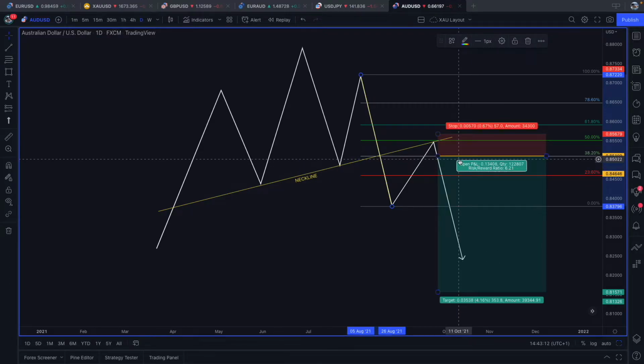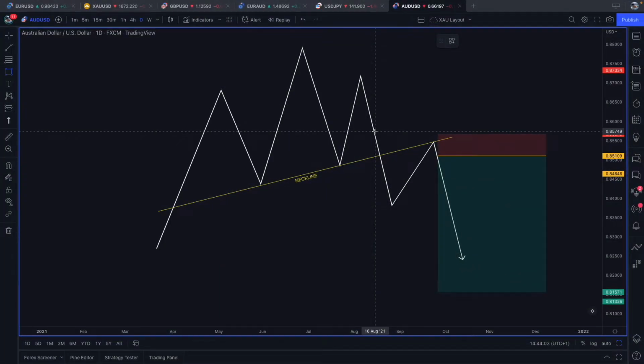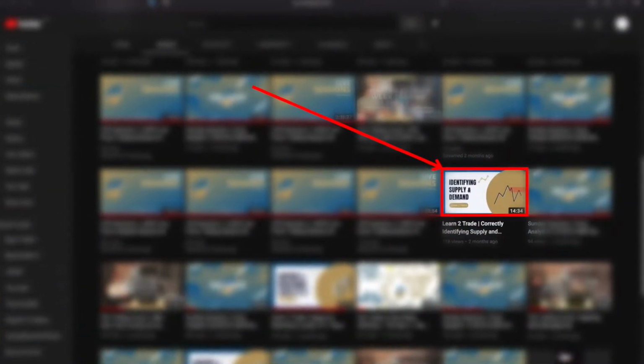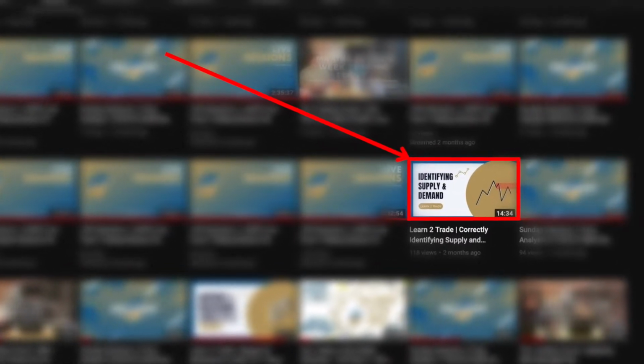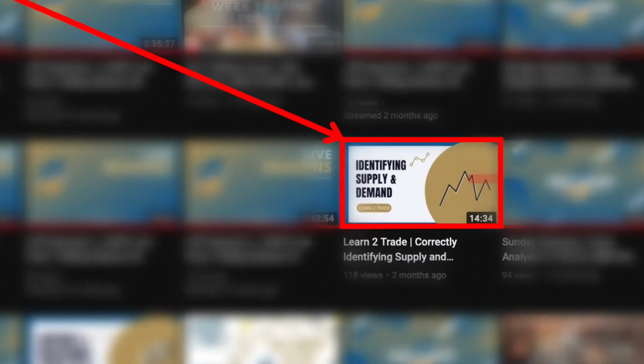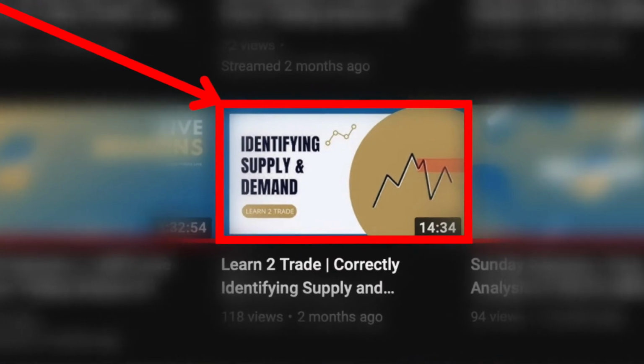Now this has been done just by refining our entry and actually waiting for a safer place to enter in the markets. Now, if you're looking for other ways of refining your entry and finding these zones where price may tap into before reversing, I will throw up a video on screen now that James has done previously that you can go and watch. This is going to enable you to find specific areas and zones in the market that